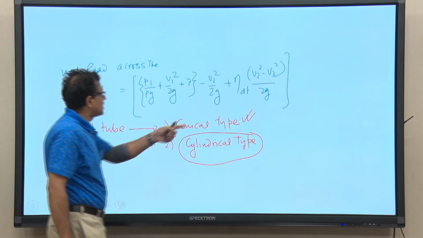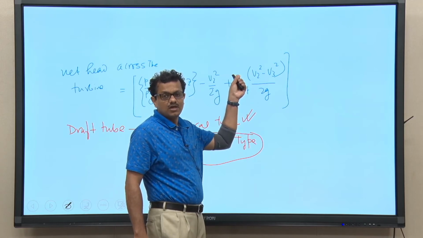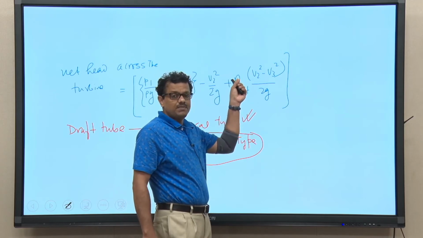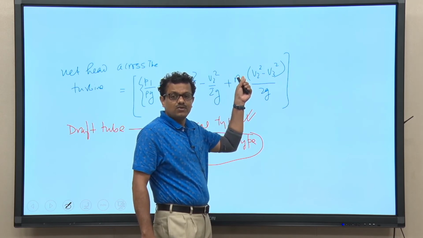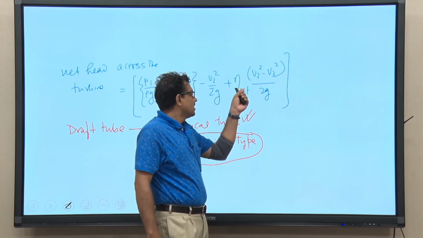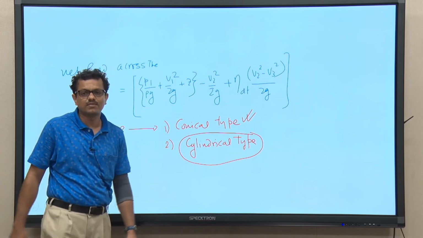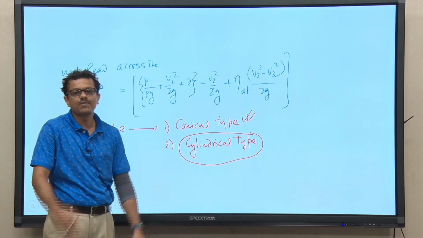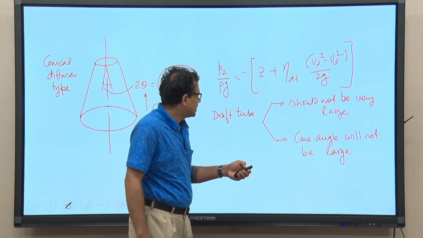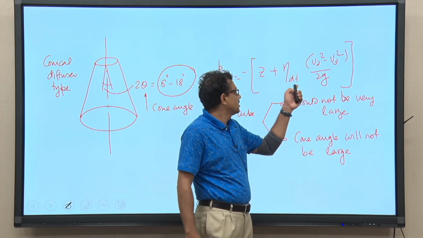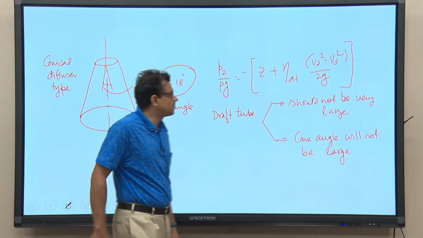If efficiency of the draft tube is small, perhaps the net head that could be available across the turbine will reduce. So, efficiency should not be very low. On the other hand, efficiency should not be very large either, because it may reduce the pressure at point 2 below the vapor pressure. So, we should have a compromise between these two issues, and that is guided by the frictional loss, which in turn essentially depends on the height or length of the draft tube.